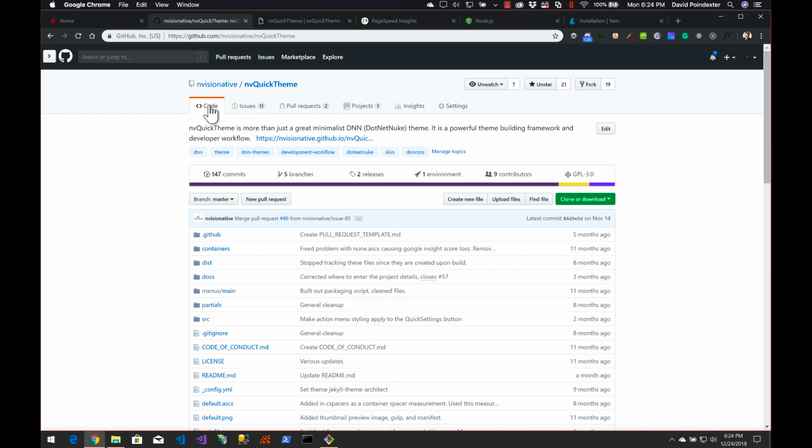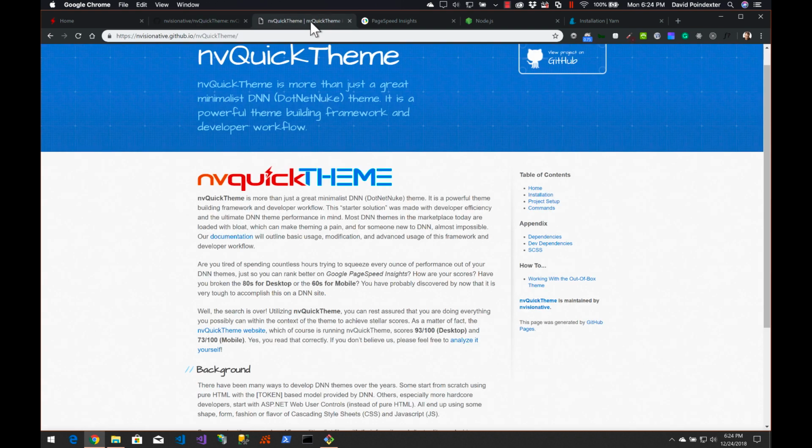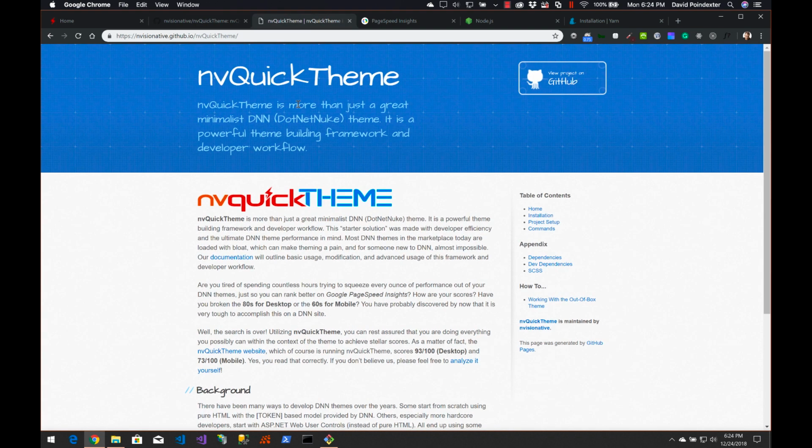But what if you want to create your own theme? Well, what you're going to want to do at that point is to go to this link that's in the description on the GitHub page. This will take you to the documentation. We have the documentation. It's also hosted on GitHub and is actually a part of the open source code. So if you see things that you would like us to change about the code or anything like that, well, you can contribute or let us know